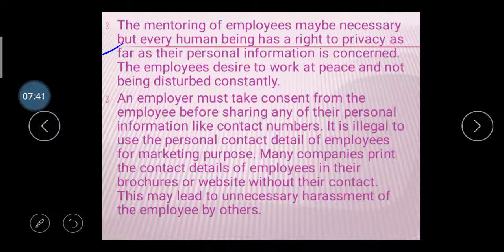This may lead to unnecessary harassment of the employees by others. If a personal contact number is used for marketing, some people may call that number continuously and harass the employee. So this type of behavior cannot be conducted by the organization. Then after,